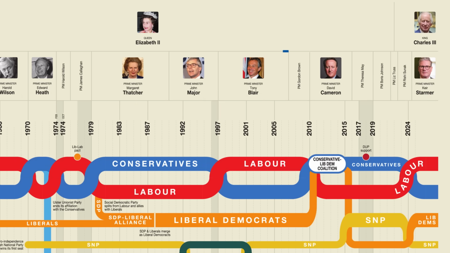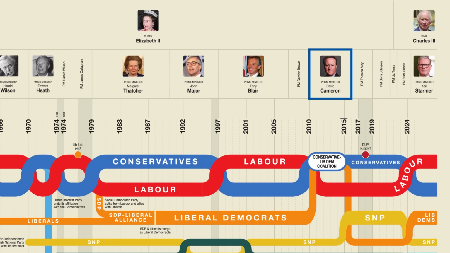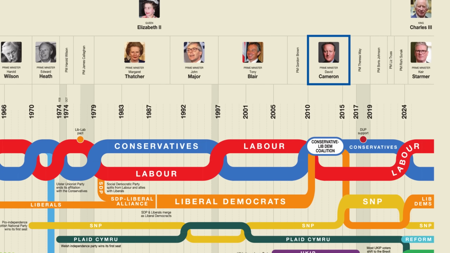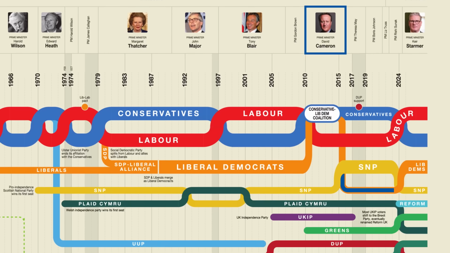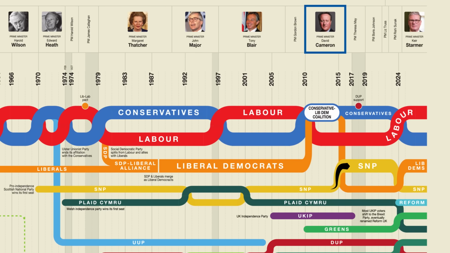Labour stayed in power until 2010, when they were defeated by David Cameron's Conservatives. However, the Conservatives did not win enough seats for a majority that year, and therefore they ended up having to form a coalition with the Lib Dems. This lasted until the next election in 2015, when they were able to win a majority. However, several other interesting things happened that year. First of all, the Lib Dems fell to 4th place for the first time ever, with the SNP surpassing them